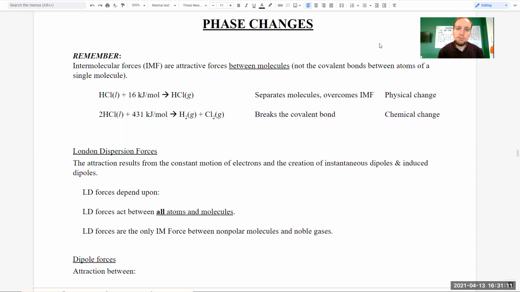So just as a quick review, remember that if we have, for example, this reaction right here where we have hydrochloric acid, and we're going to add 16 kilojoules per mole of energy. What we're going to do is convert that from a liquid, as you can see right here, into a gas. That would be a change of state, which is a physical change. And the way that it occurs is we're going to overcome the intermolecular forces that hold the molecules